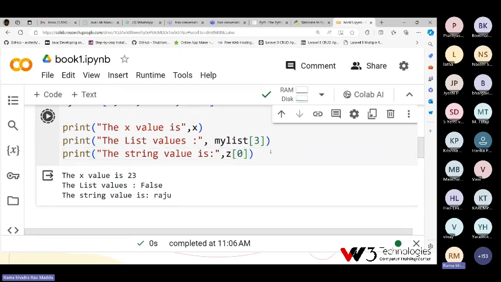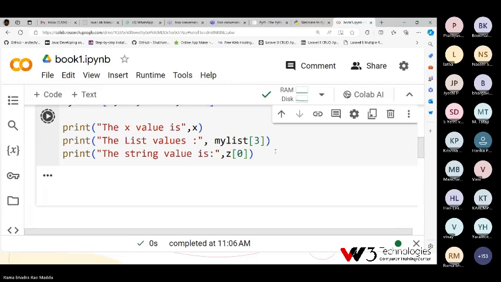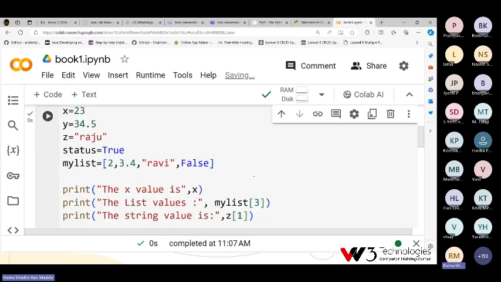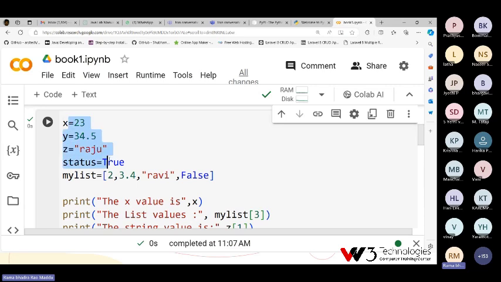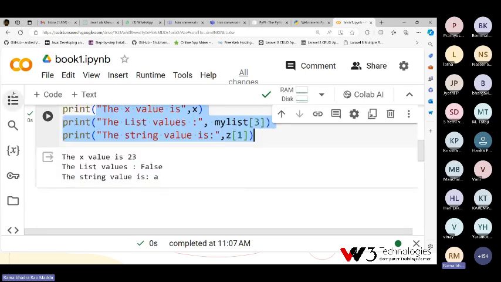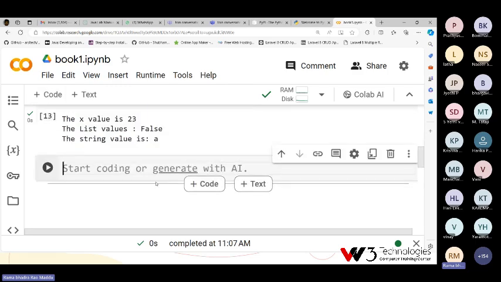The first character will be printed. R is printed. Z of 1. So like this, you can store and access different data in variables and access different things.